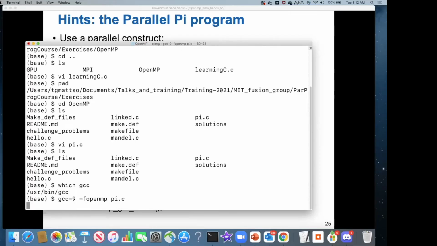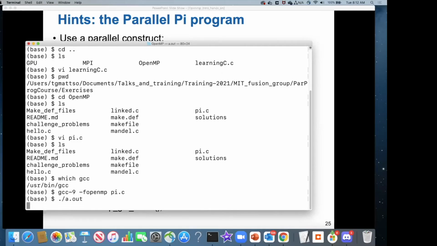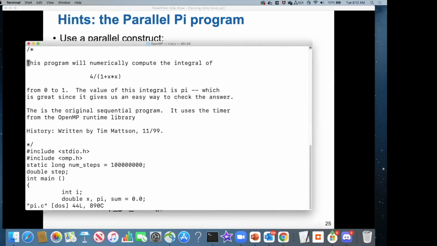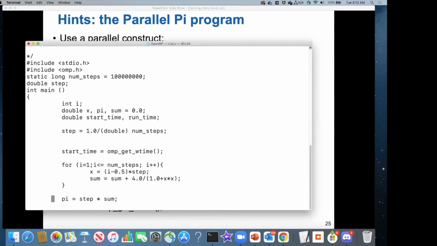All right, so I do that. And I had to put the -fopenmp flag because I have those timing calls in there. Then when I run it, first thing is make sure you can just run it. In C, you have to declare a variable before you use it. So in vi, if I'm going to call the ID in the middle of a parallel region,